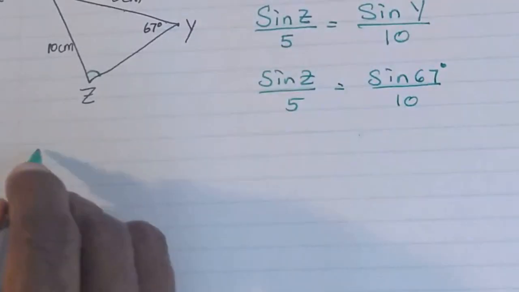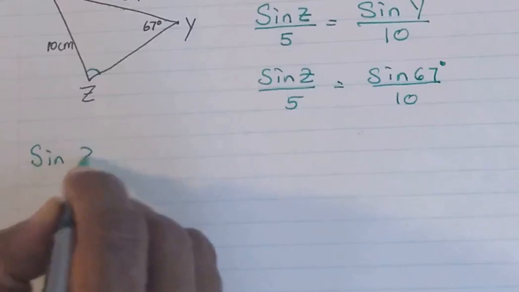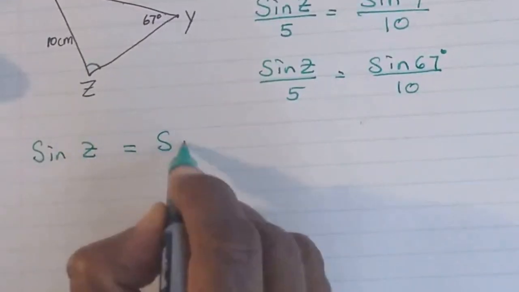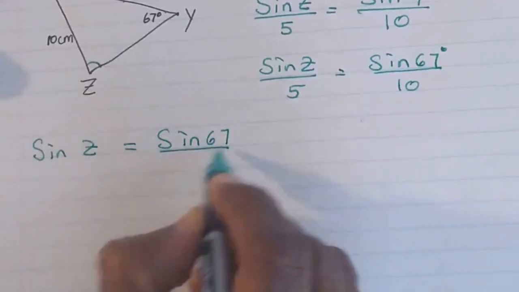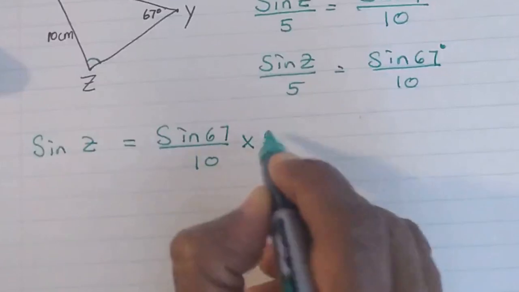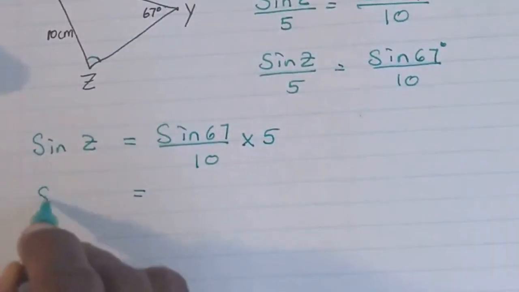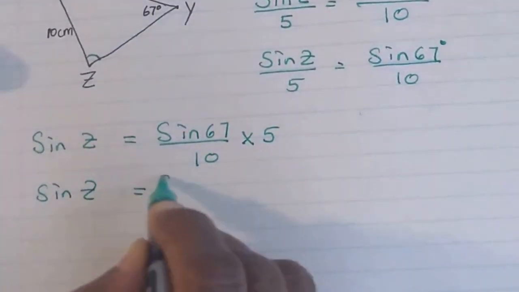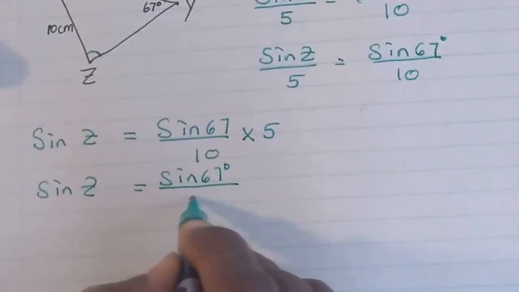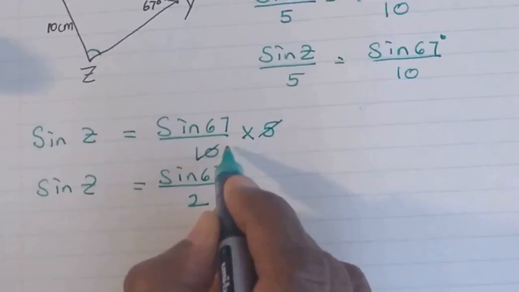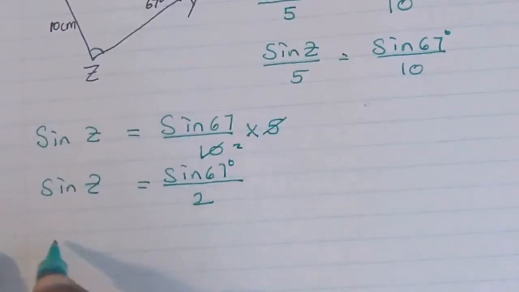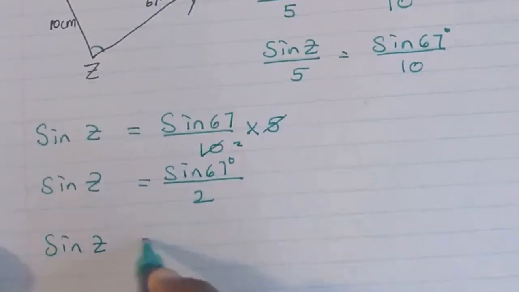Now I have to isolate sine Z. Let's do that. So sine Z is going to be equal to sine 67 over 10, and 5 is getting divided on this side. When I move it to the other side, it's going to be multiplication. So if I simplify that, it's going to be sine 67 divided by 2, because 5 goes into 10 2 times. So sine Z is going to be equal to